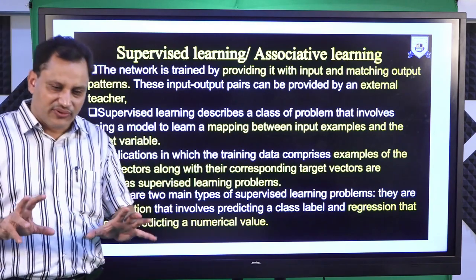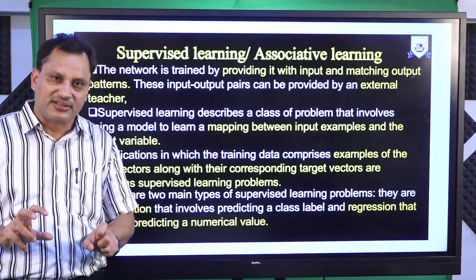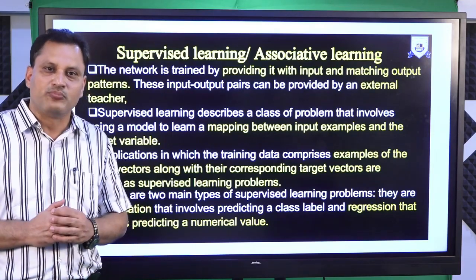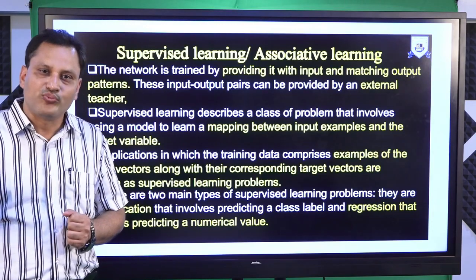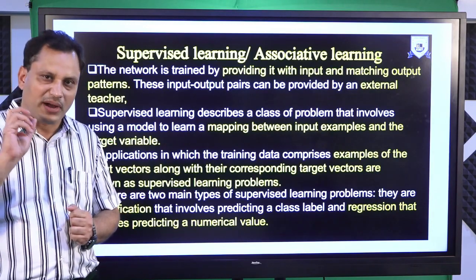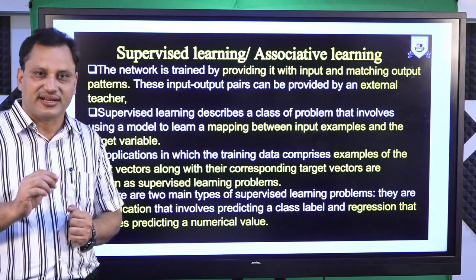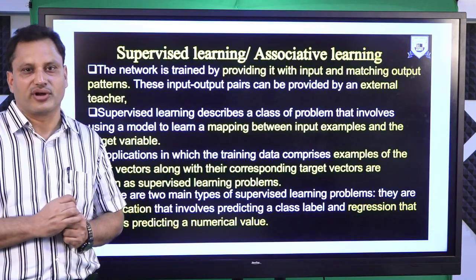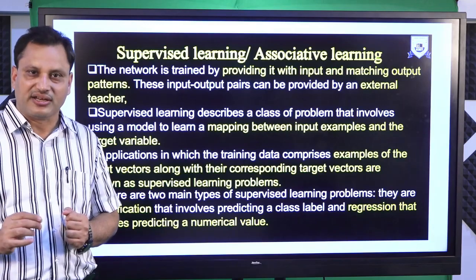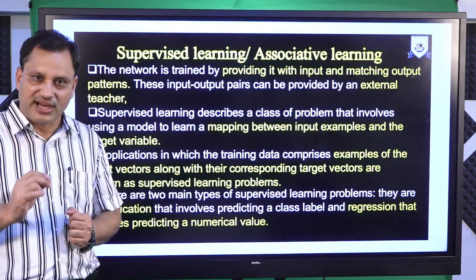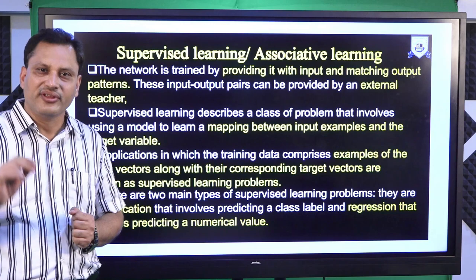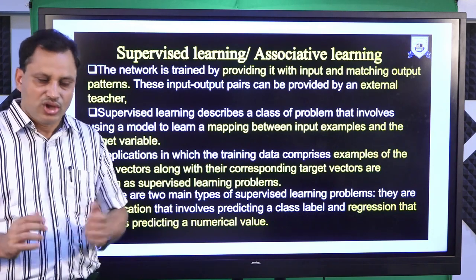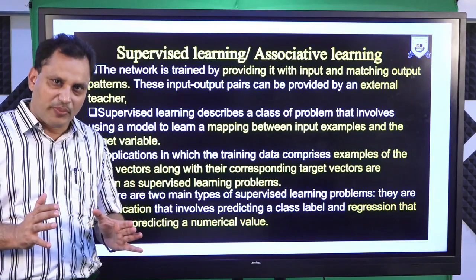Now, to check that the neural network has been trained correctly, what will we do? We will pick up certain input patterns for which the output is not known. Then we will pass the input and check what kind of behavior the neural network shows for the new inputs. If it behaves correctly and gives the expected output, then we say that our neural network is trained, or getting trained, or near to trained. So let me summarize this topic again.